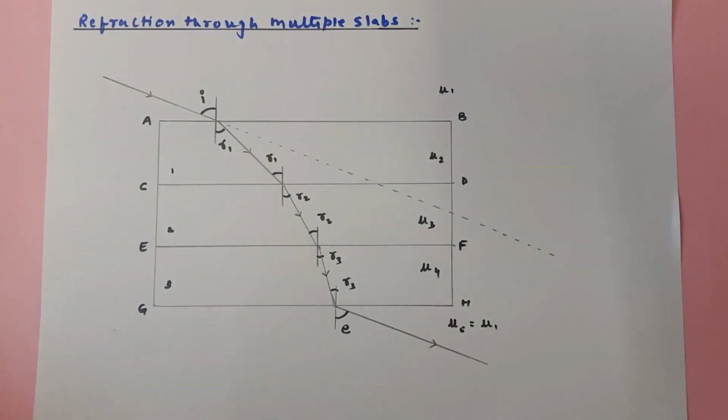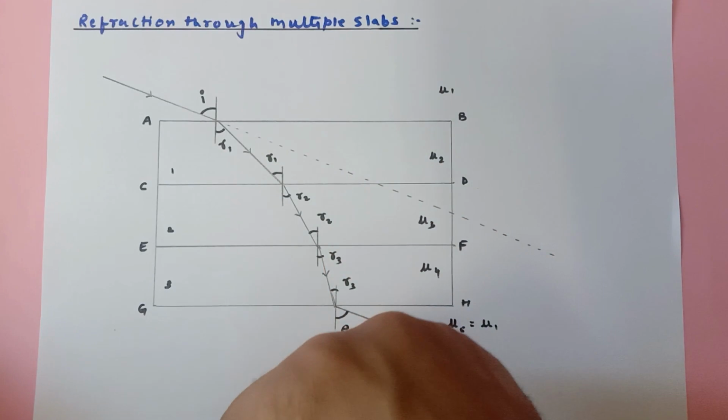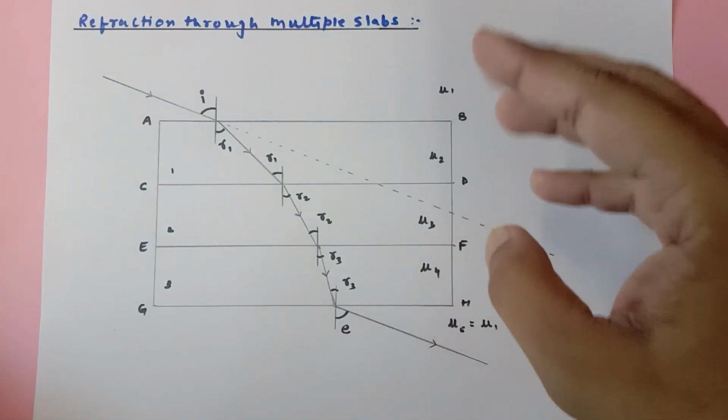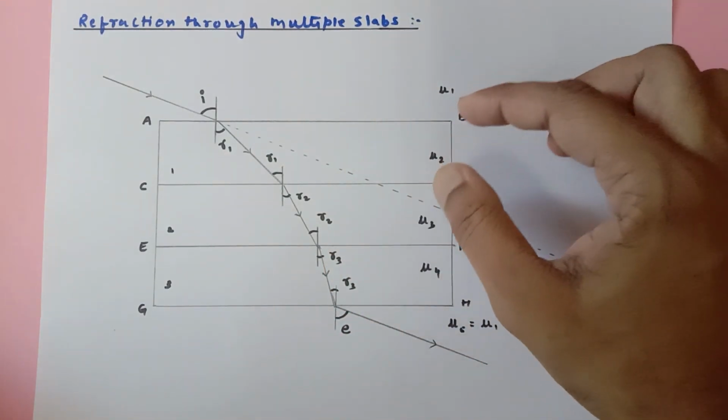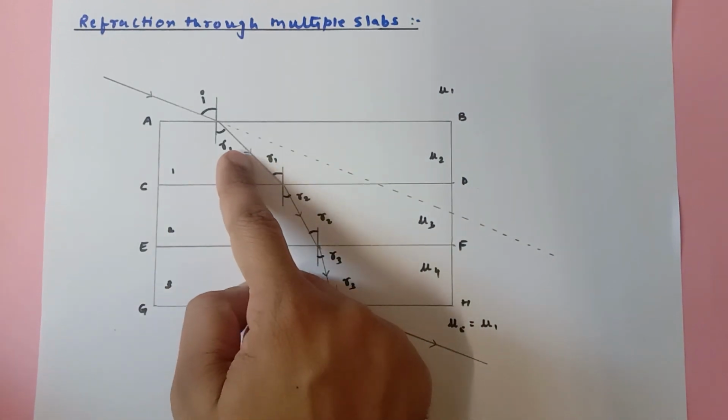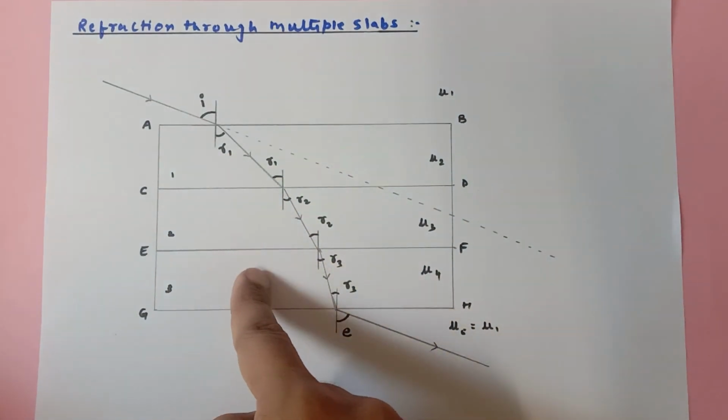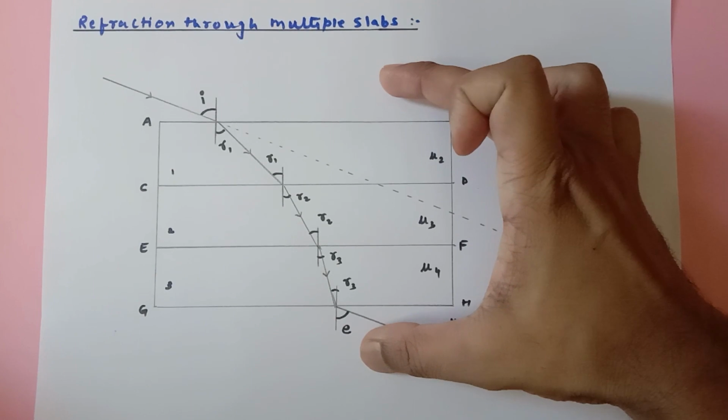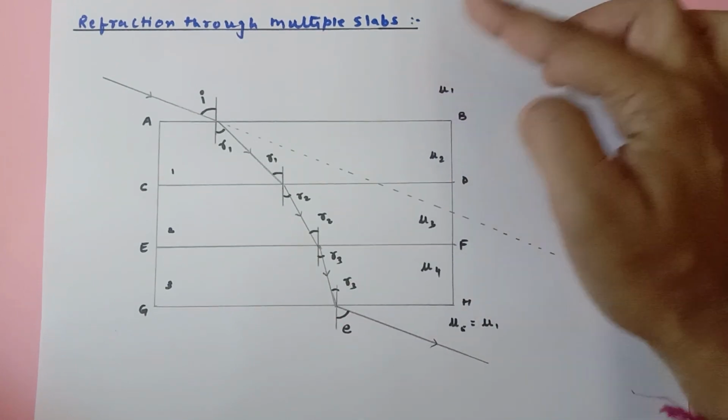So today we will be discussing part 2 of the glass slab and Snell's law connection. Here we have 3 slabs, but this theory is even valid for an infinite number of slabs. This is slab number 1, slab number 2, slab number 3, and these two are the surrounding medium. Correct? This may be air or anything else.